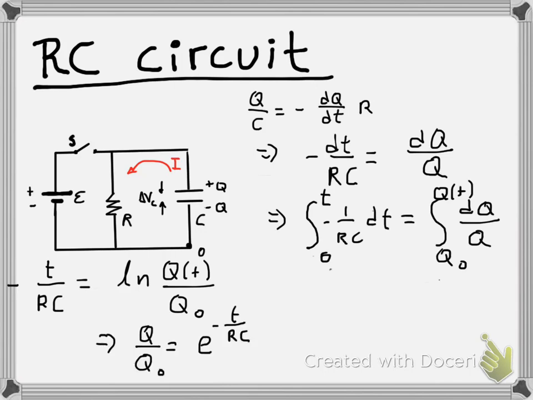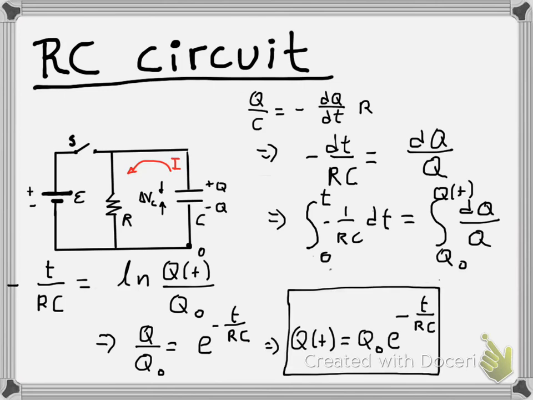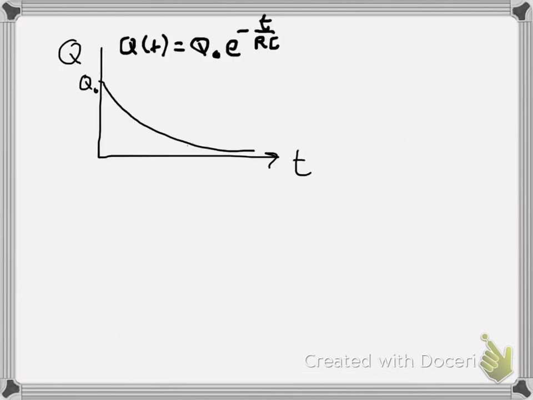Solving for Q over Q naught, exponentiating on both sides, we get e to the minus t over RC equals Q over Q naught. And our final expression for the charge in the capacitor is Q naught, the initial charge in the capacitor, times a negative exponential function. As we can imagine, the charge in the capacitor decreases exponentially according to this equation. So a graph of the charge in the capacitor as a function of time looks like that,